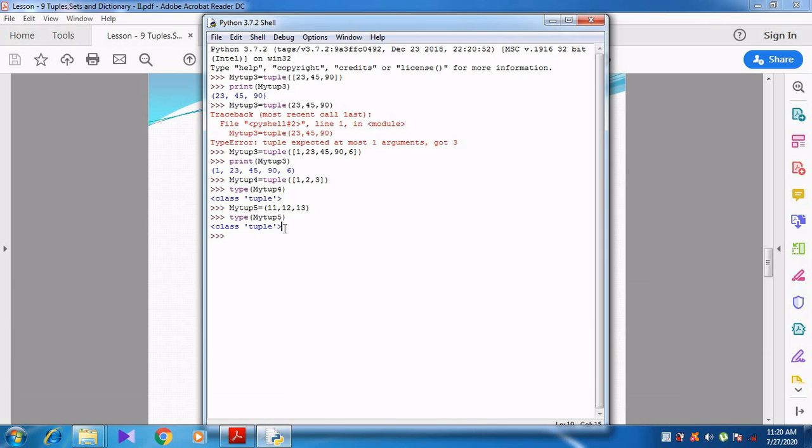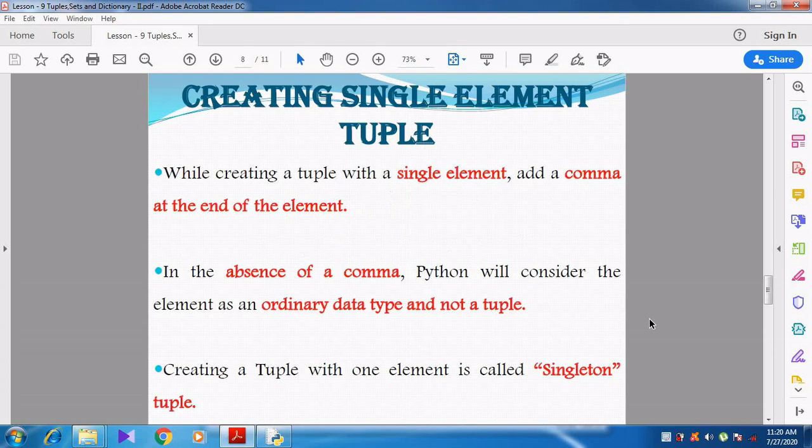Right? I think you might have understood this. Right? Let's see the last function, another topic, creating a single element tuple. See, is it possible to create only a single element? Is it possible to store only one value, and can you store that one value as a tuple?